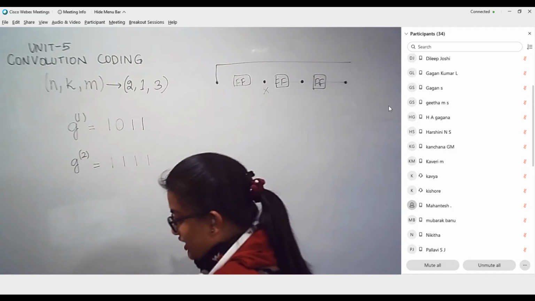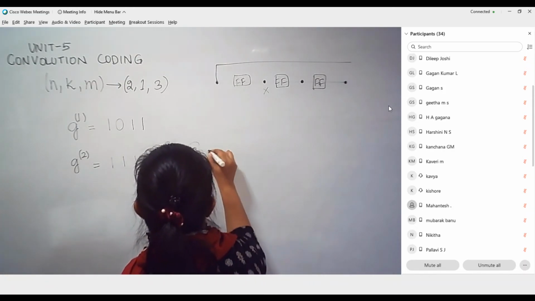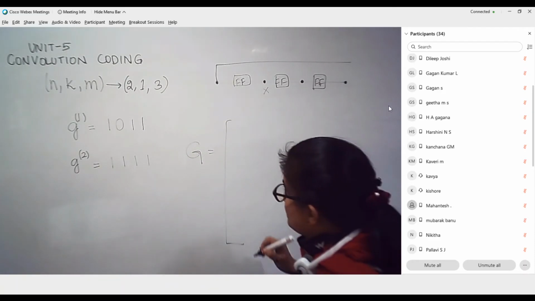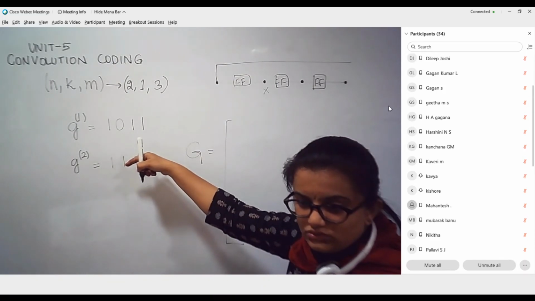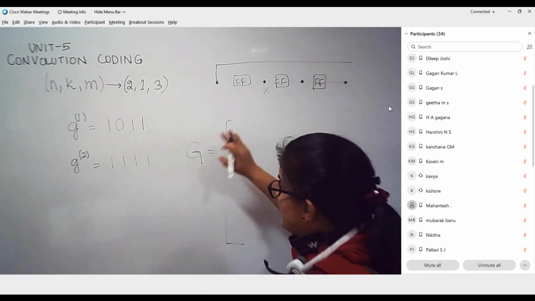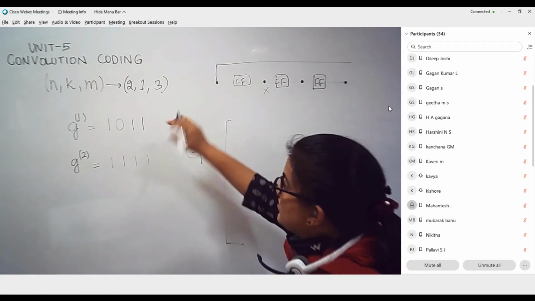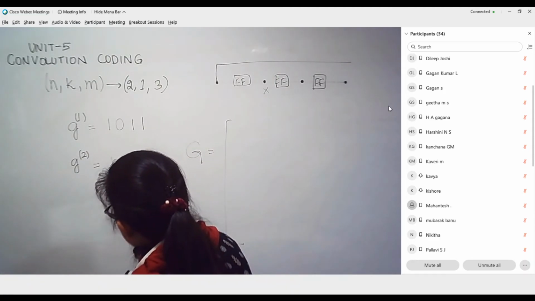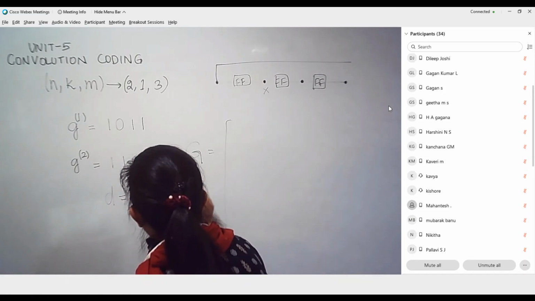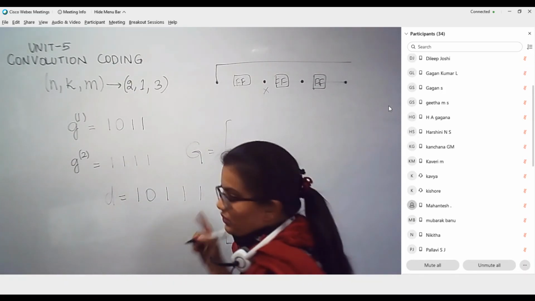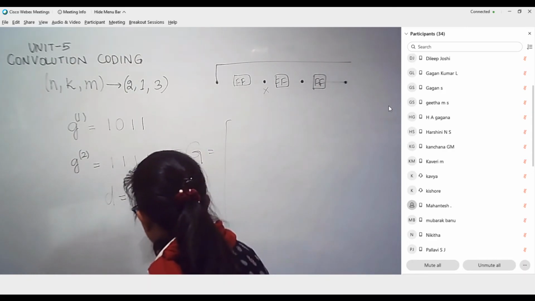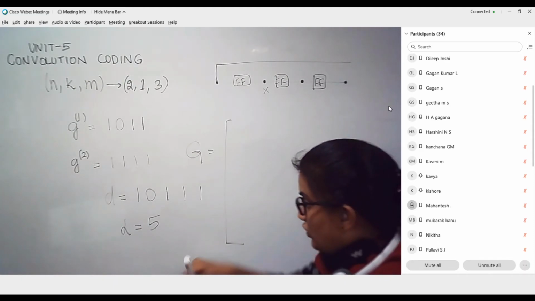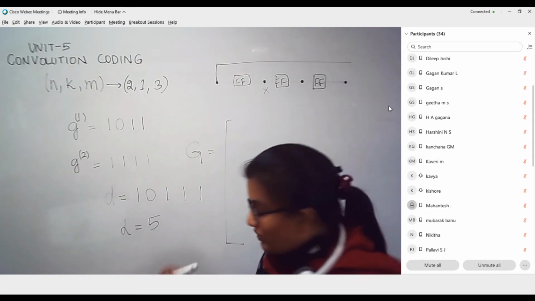Using this analogy, we can write the generator matrix G as follows. Observe here carefully how we are writing this. When you put G1, G2, you need to generate the code word until all the bits in the message sequence get exhausted. Let me consider the example that I just gave. The message sequence that I want to encode is 1 0 1 1 1. So there are 5 bits basically. Remember this: the length of the message is 5. So once you enter, how many memory elements are there?